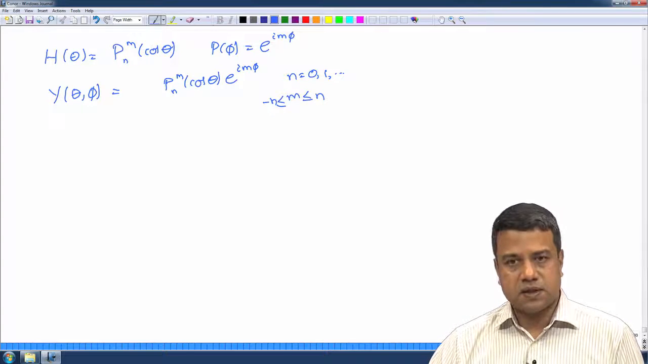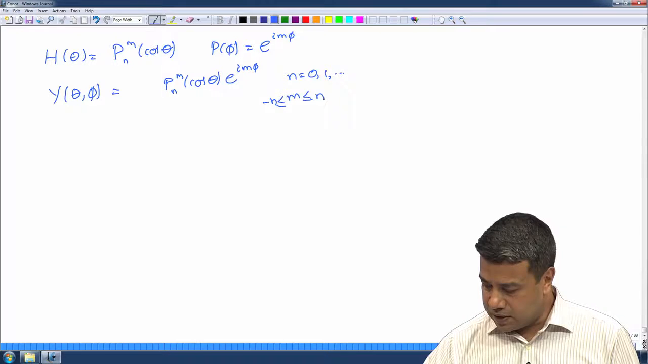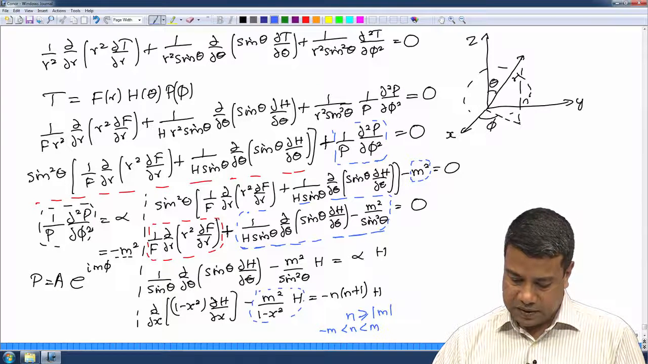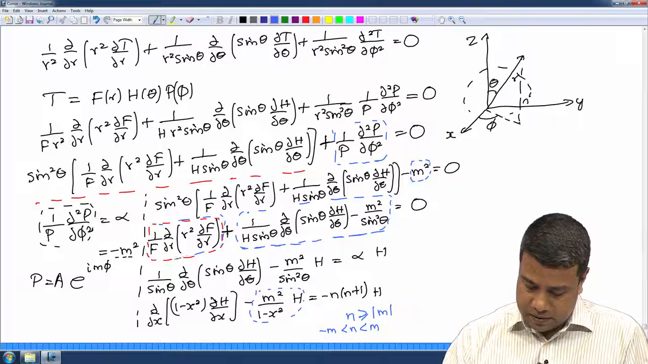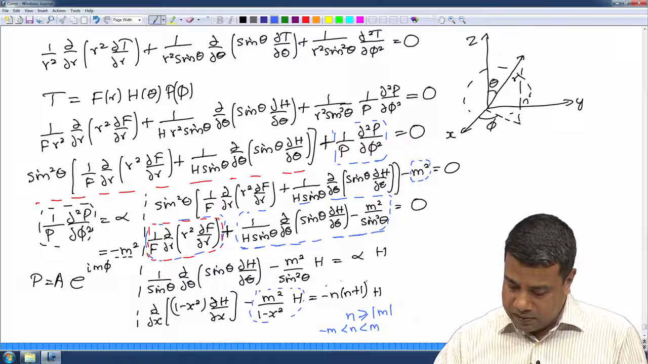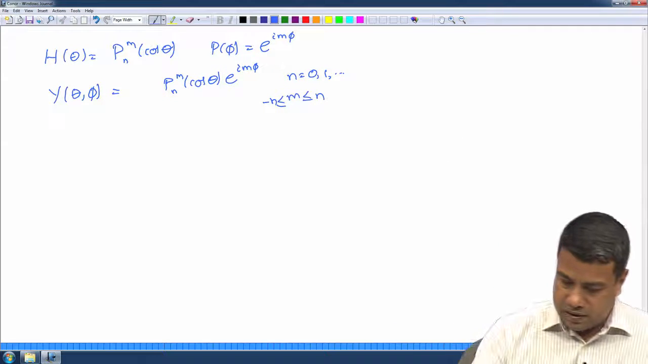So, those are the solutions in the theta and phi directions. Okay. And finally, we have to come to the solution in the radial direction. That solution in the radial direction, we know that this term here has got to be equal to minus n into n plus 1. So, the solution in the radial direction is of the form